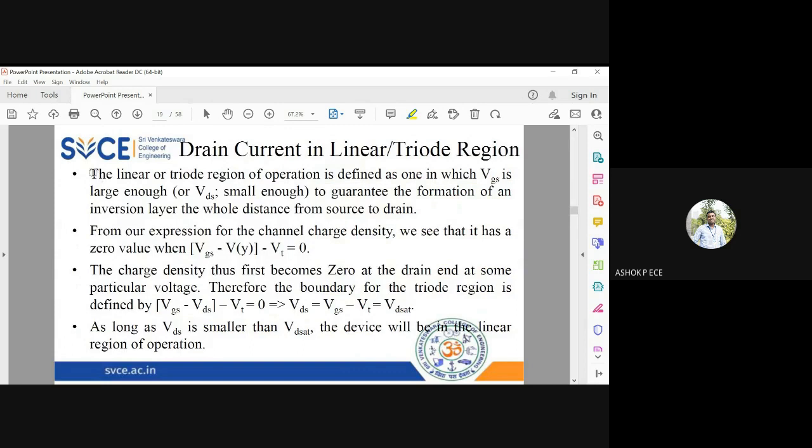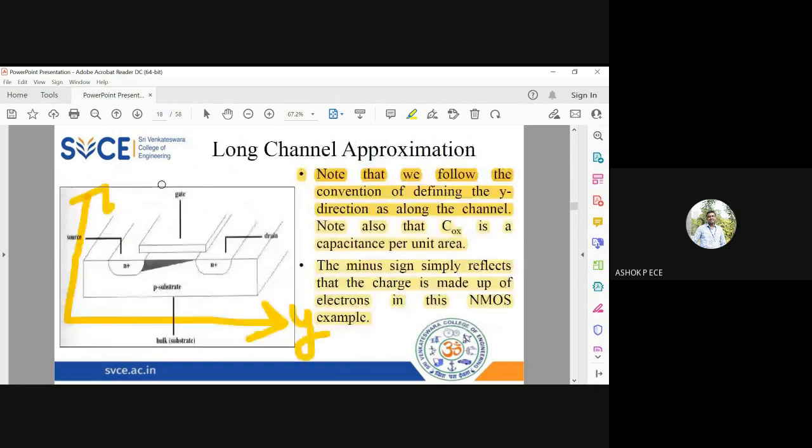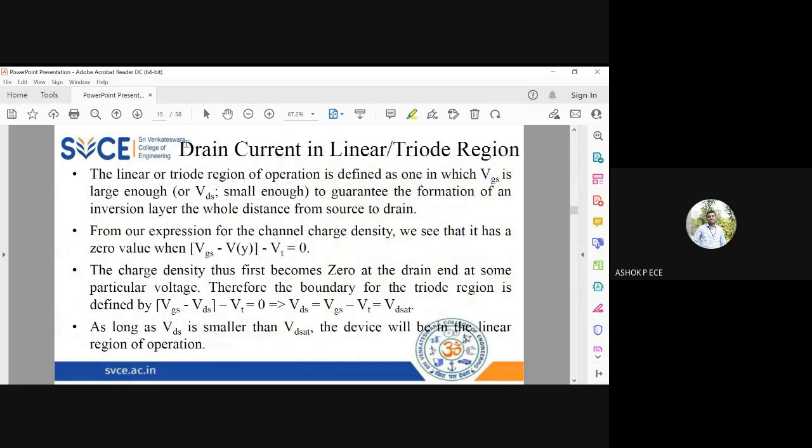And we have several regions of operation of the MOSFET. One is the linear region, also called the triode region. Linear region is the region where output is proportional to the input. So VGS is very large, so the channel is formed large enough. VGS is very, very large when compared to VDS, or I can say the channel is formed, but it is not